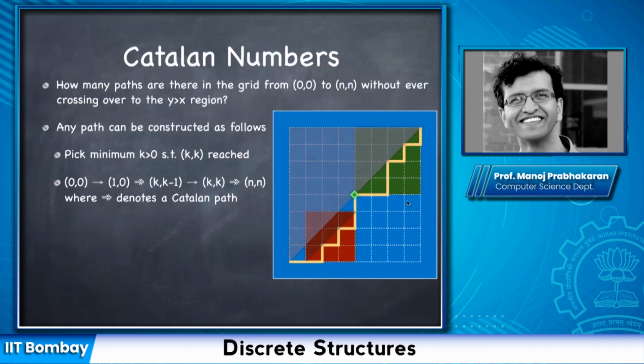And the number of ways of doing this would be first deciding where this k should be, and for each such k, deciding which Catalan path in the red region and which Catalan path in the green region you would take. Okay? So the total number of Catalan paths you can take in an n by n grid is, for each value of k that you pick, you can find the Catalan path of k minus 1 in the red